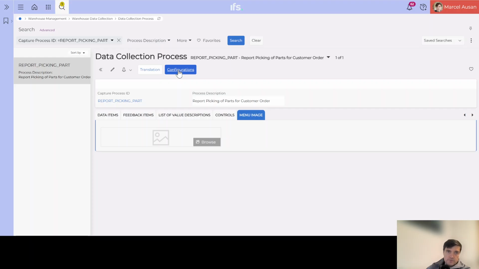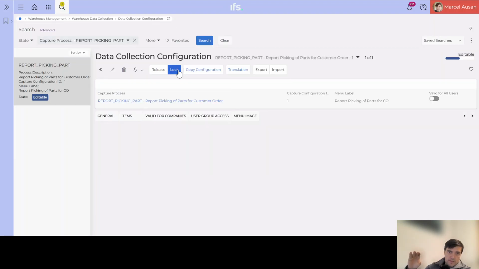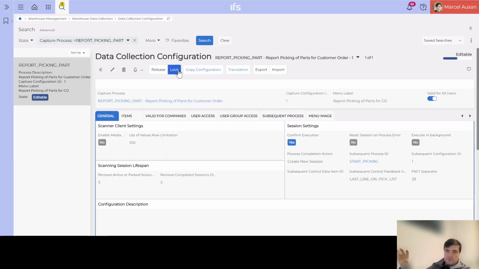So as we've seen, we have the menu. Then each menu consists of a few folders. Each folder can have multiple data processes, and then each process can have one or more configurations. Now the process is basically the definition of how things should work, but the configuration is